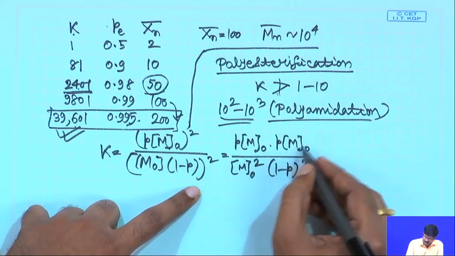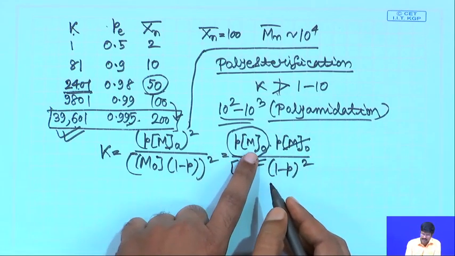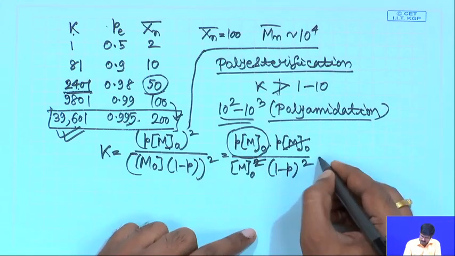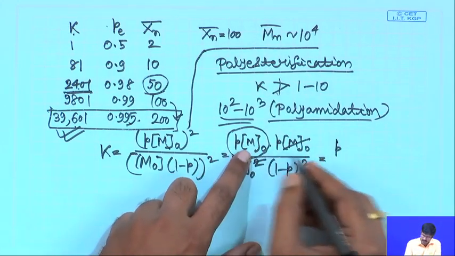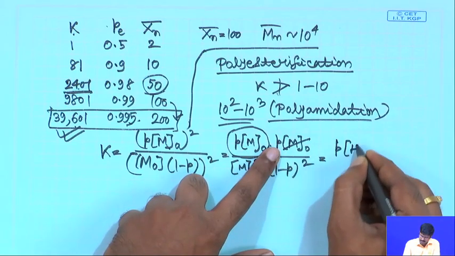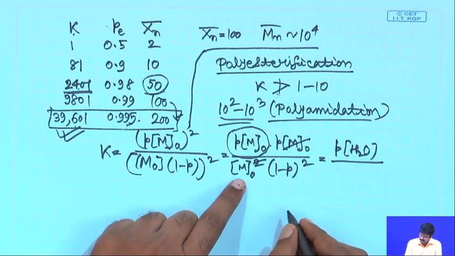Now, one of the m0s you can remove. Now, Pm0 is the concentration of water as well as the concentration of the ester at conversion p. So, you can just replace this Pm0 by water, and p into concentration of water, this p stays there, and then you have m0 at the bottom,